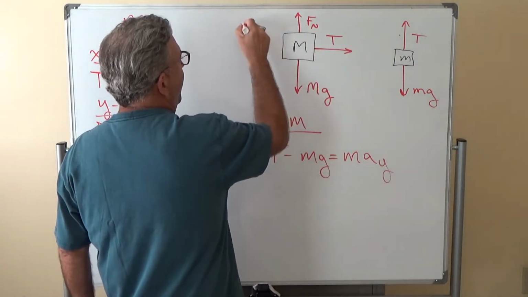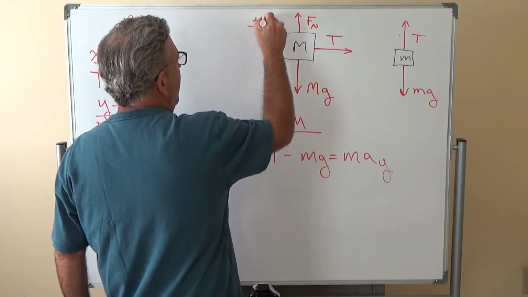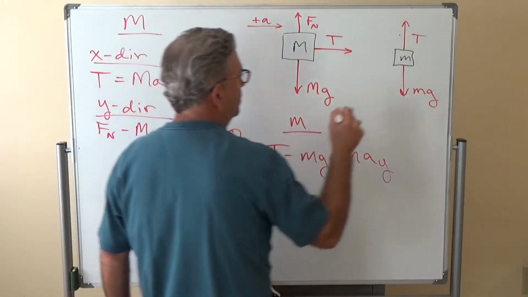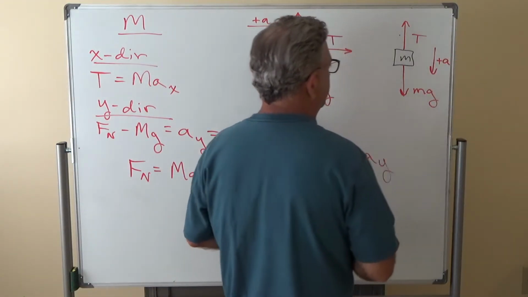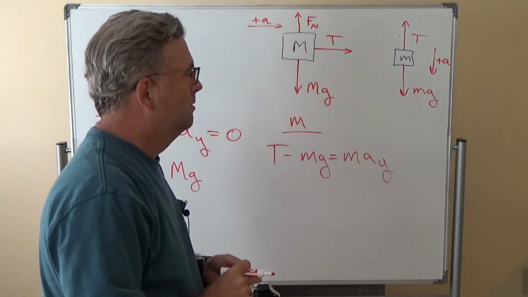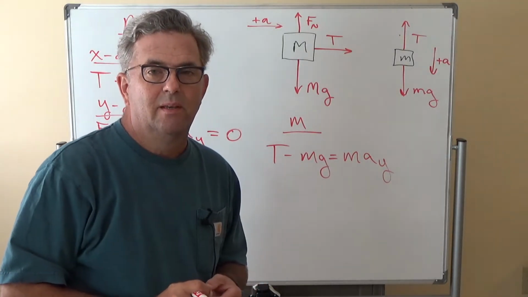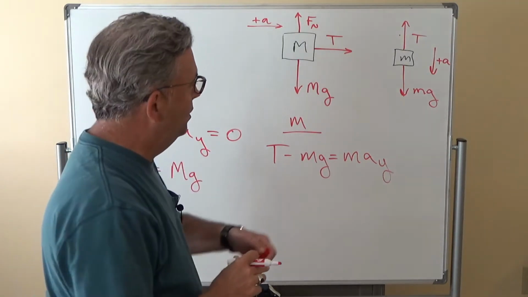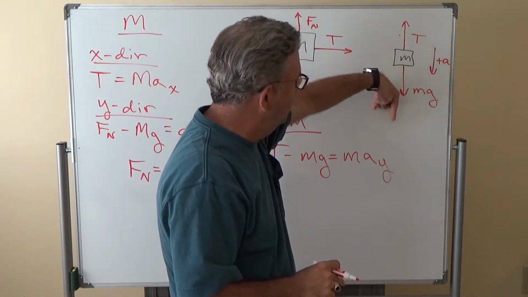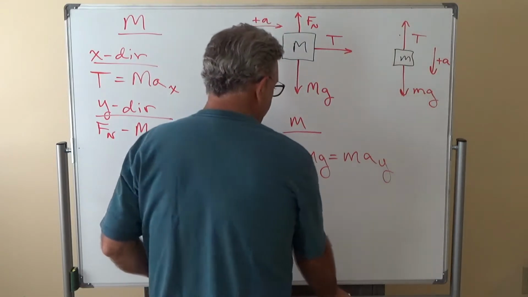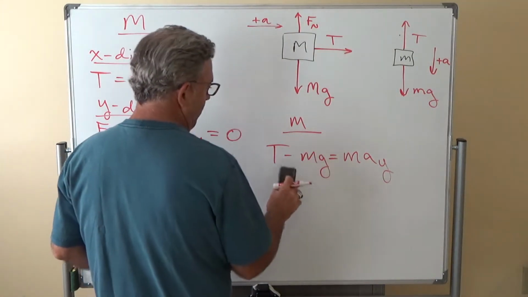So for this mass, this is the positive acceleration direction. And for this mass, this is the positive acceleration direction. That makes it a little easier if I use this as the positive acceleration direction, then I can change this around